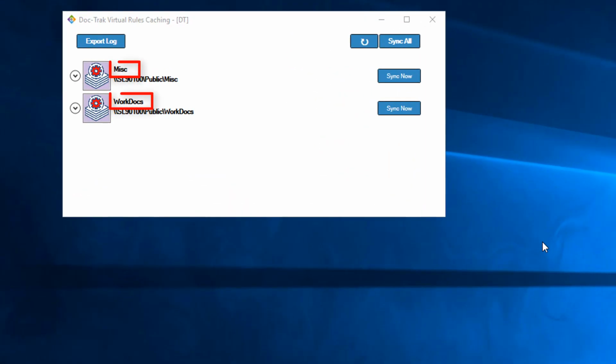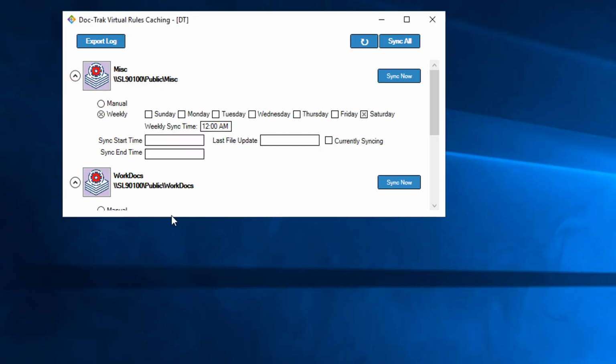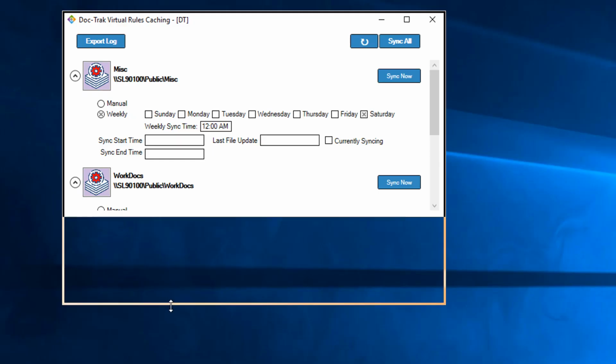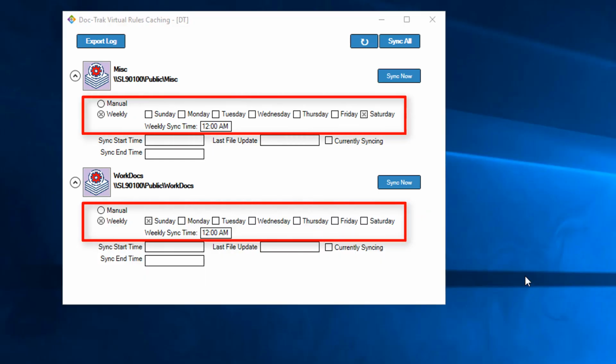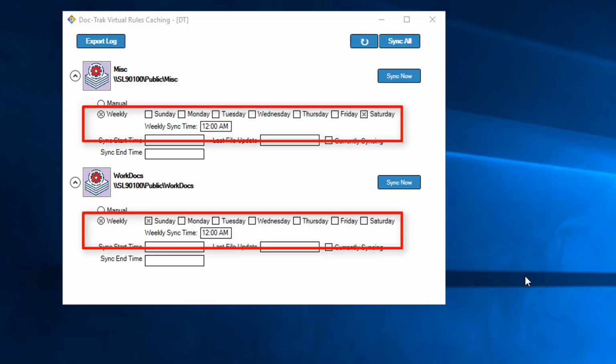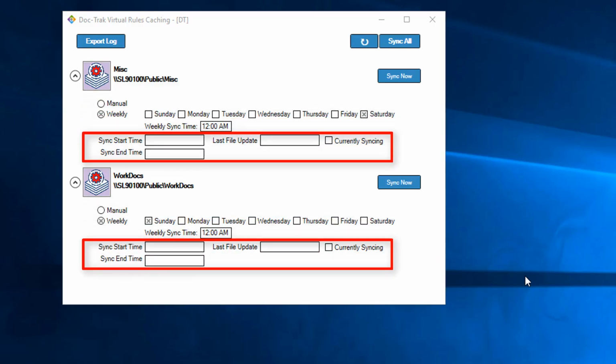Here you can see the new cache IDs. Each of these is showing the path to the parent folder that's going to be tracked. To see the setup detail, you can click the down arrows. This will display reference fields that show how the sync was set up, as well as the sync status fields.